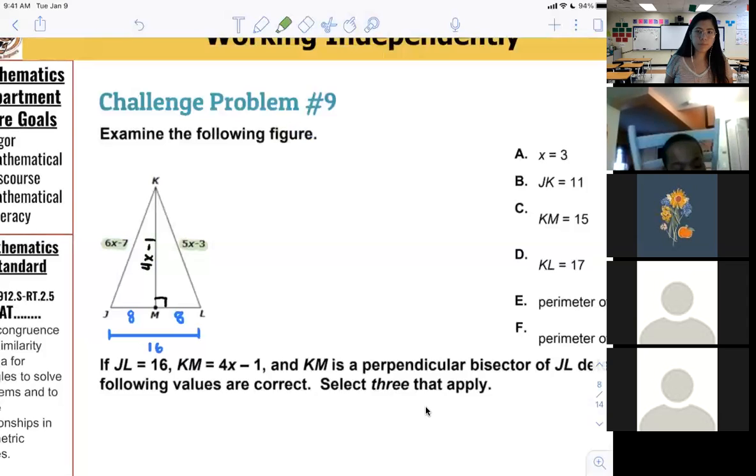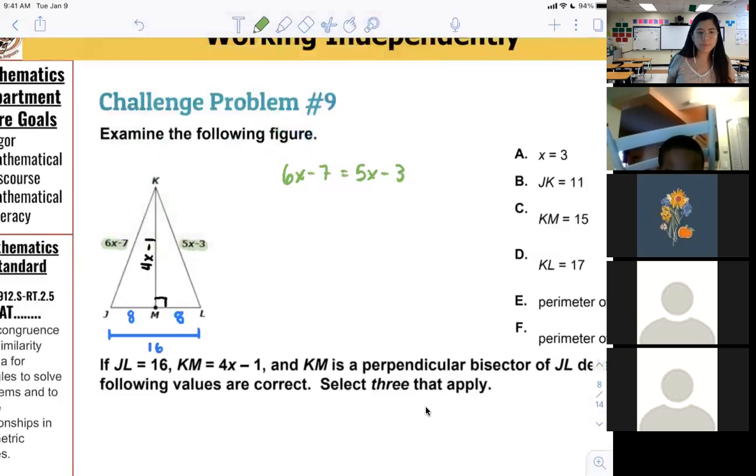I say no because it doesn't tell us anything about them being congruent. No, it doesn't, but I know that these two are congruent. I know that this one is congruent to itself. And I know that the right angle is congruent to the other right angle. So what do I have? SAS. I have SAS. So yeah, they are congruent because I have SAS, so I know that both triangles are congruent to each other, which means that 6x minus 7 is equal to 5x minus 3